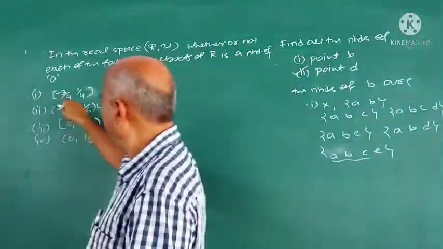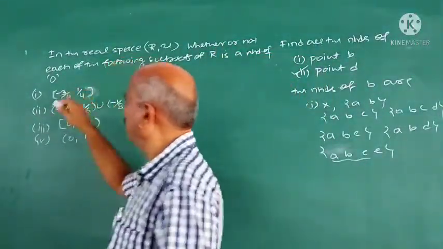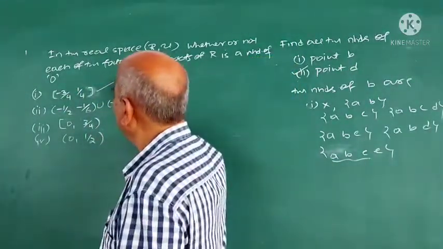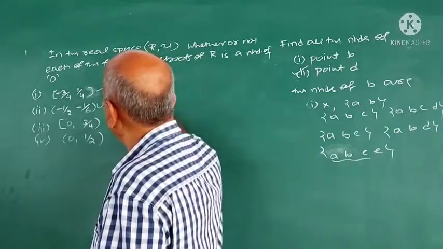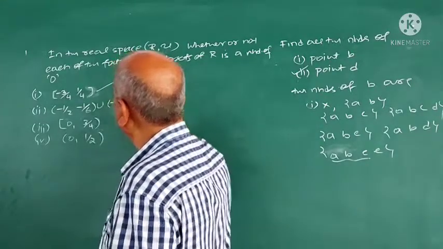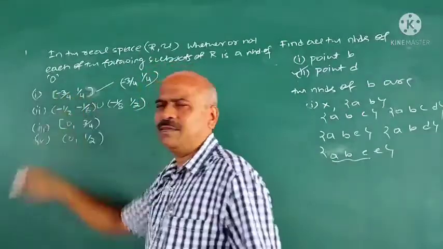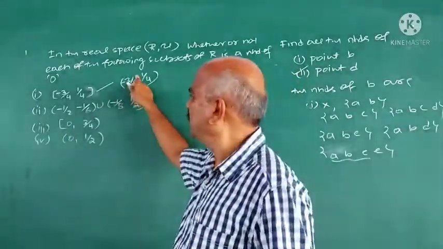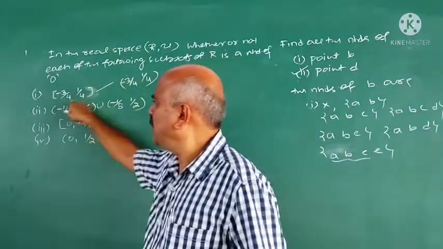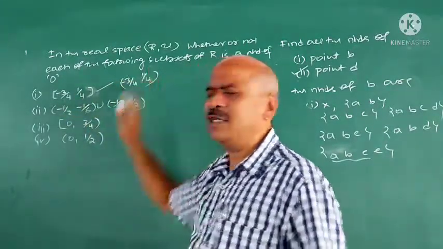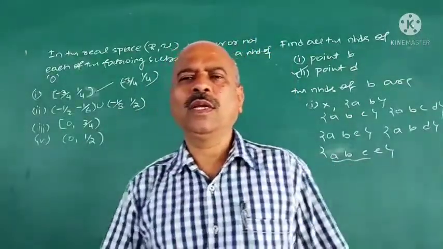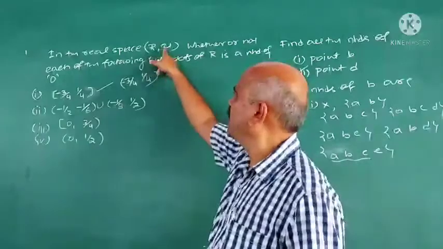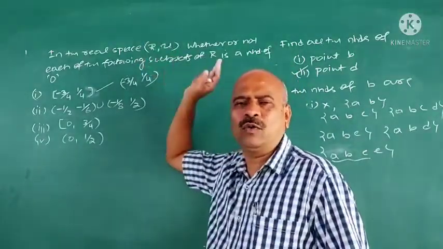We have proved this, and that is called the usual topology. Now, (-3/4, 1/4), is it a neighborhood of the point 0? I say it is a neighborhood of 0 because (-3/4, 1/4) is the open interval which is contained in this and which contains 0. Therefore, what is the open set containing 0 which is contained in this? That is the open interval (-3/4, 1/4). Every open interval in U is an open set, that we have proved.